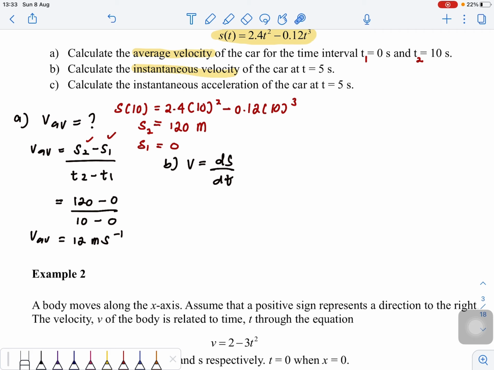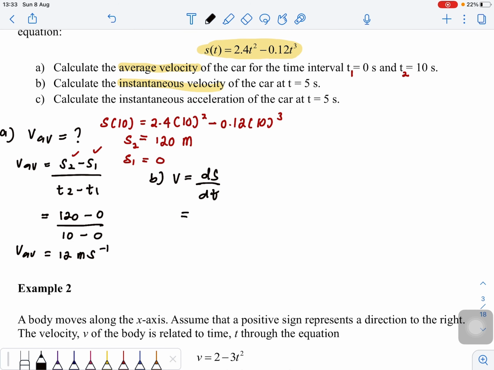Okay, ds over dt apa maksudnya dekat sini? Maksudnya kita kena differentiate the equation s. So, this is the equation. So, you need to differentiate d over dt. S is this one. So, just differentiate macam biasa. It will get 4.8 t minus